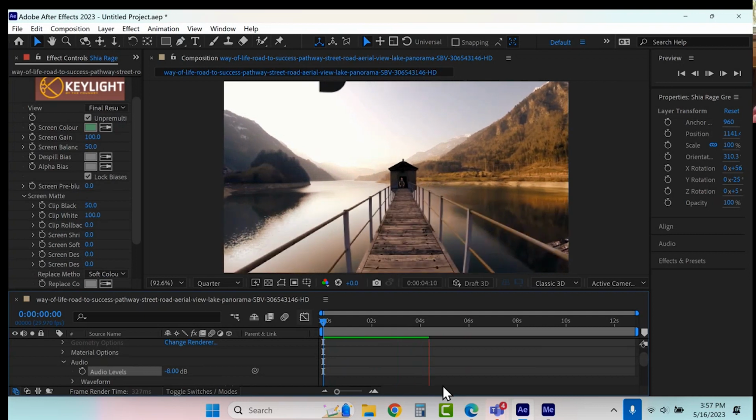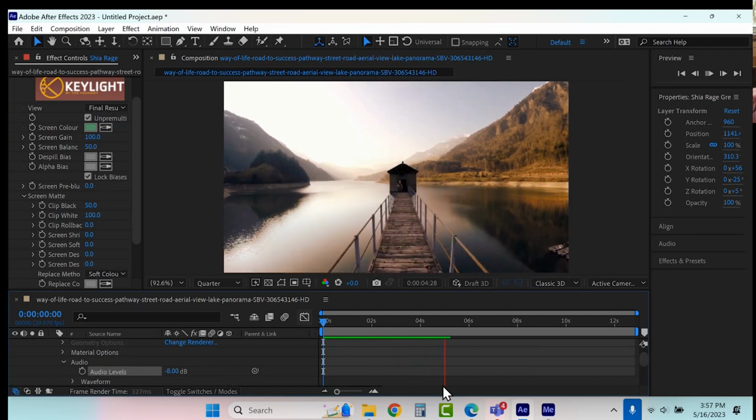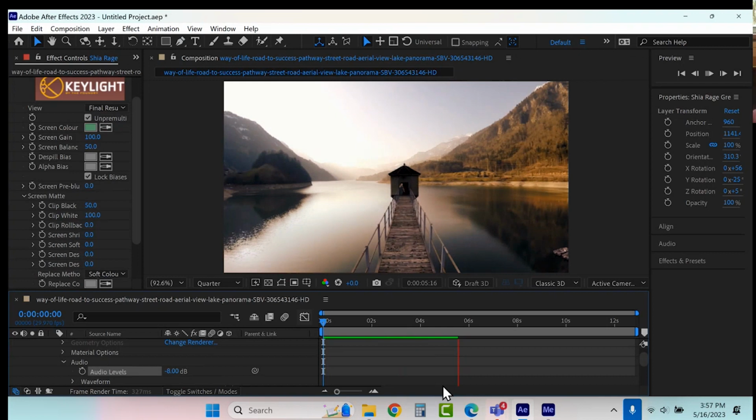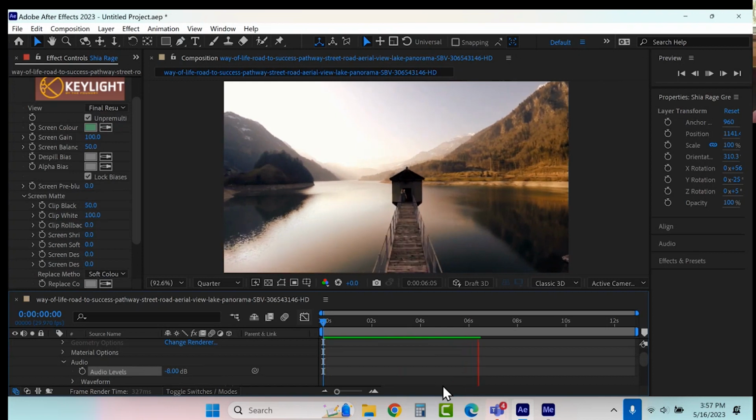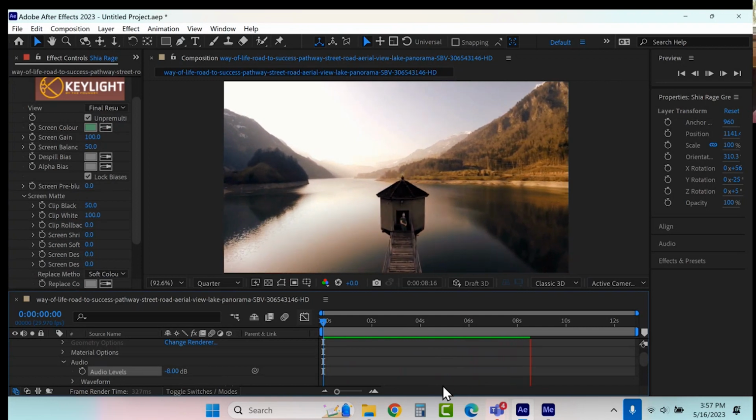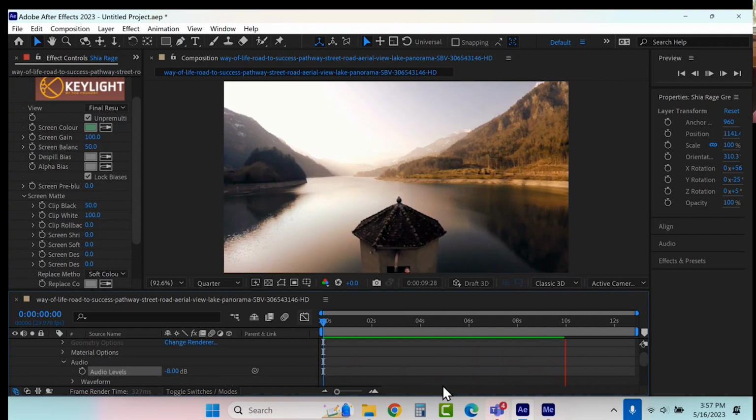So this is kind of like a kinetic type, right? Because he's actually going to say, don't let your dreams be dreams. But I'm flying through a video and I'm putting him at the end of it. Think of it like a music video or a tourism video or something like that. And there he is at the end of the dock, animated keyframe.